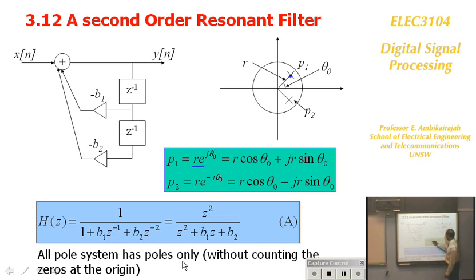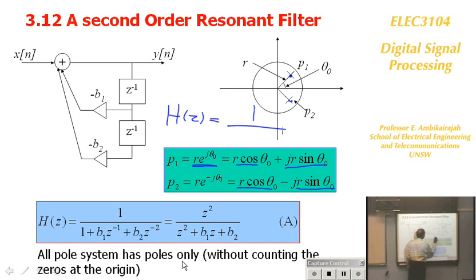That is r e^{jθ0}, which is r cos θ0 + jr sin θ0. This one is r e^{-jθ0}, r cos θ0 - jr sin θ0. That's this position. Now we put in a transfer function. How do you get the transfer function? You can say H'(z) is equal to 1 over